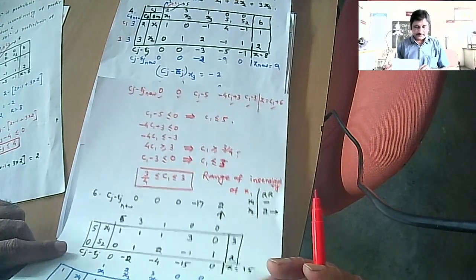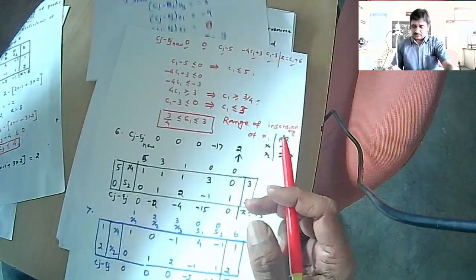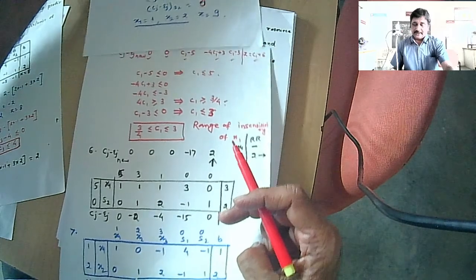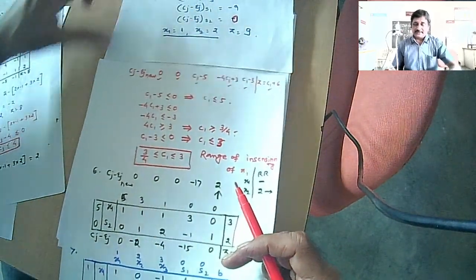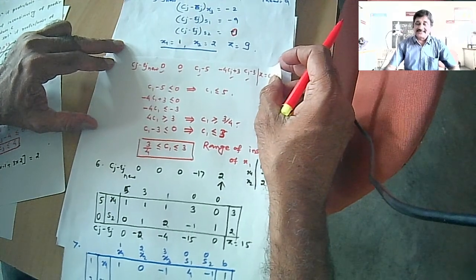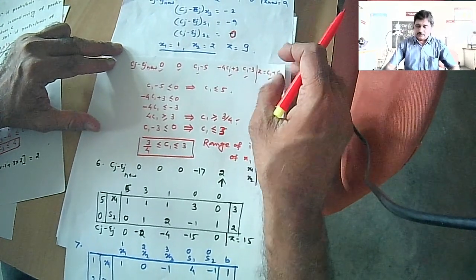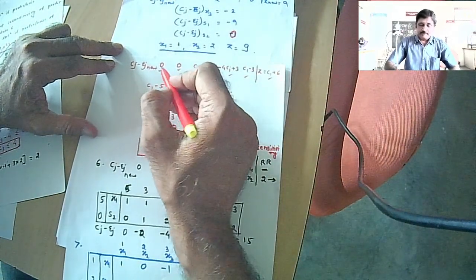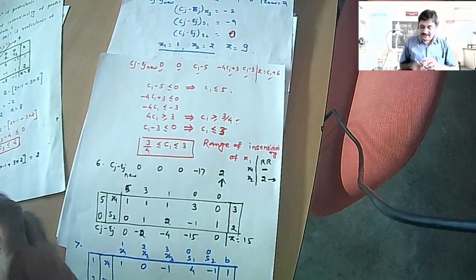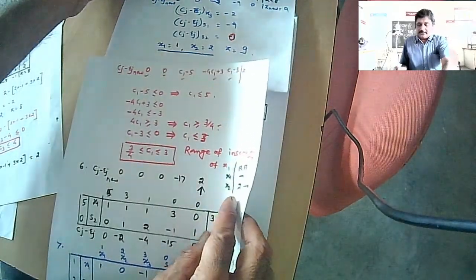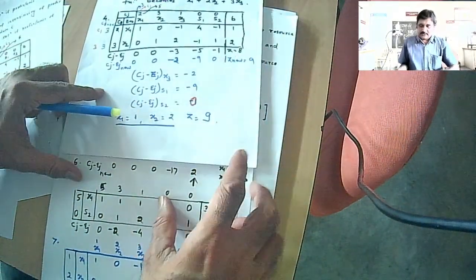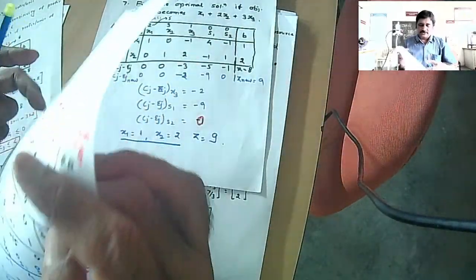Before I refer to that iteration, I will have to come here. Since the coefficient of x1 changes to 5, what are the changes we are going to have? That I'll write here. Cj minus Ej new are going to be this one now. I'll be doing those changes here.